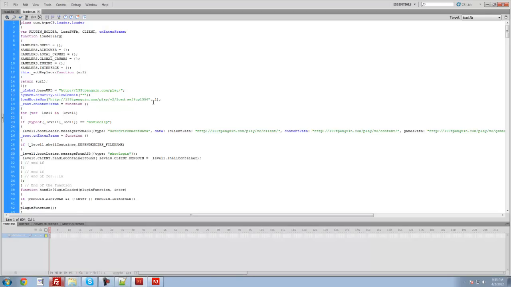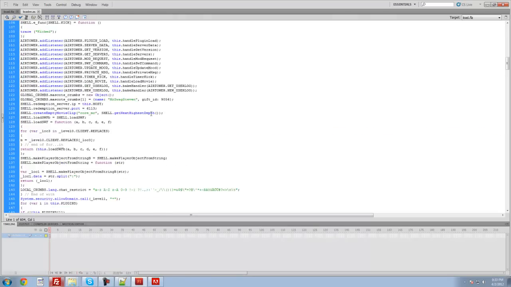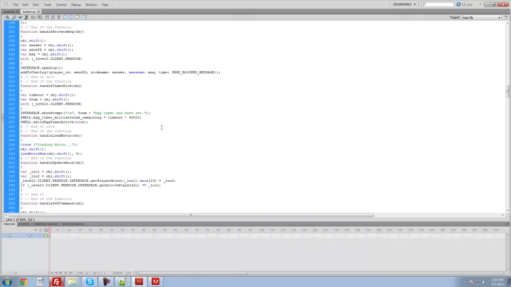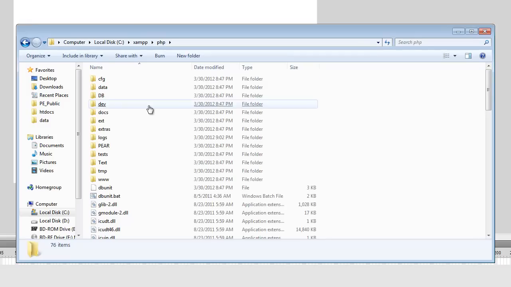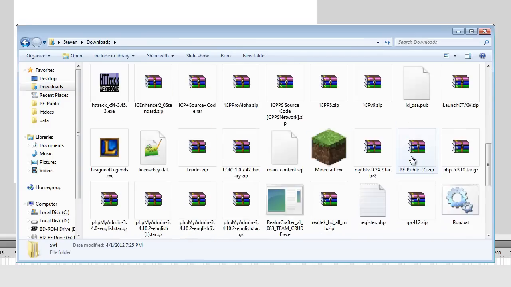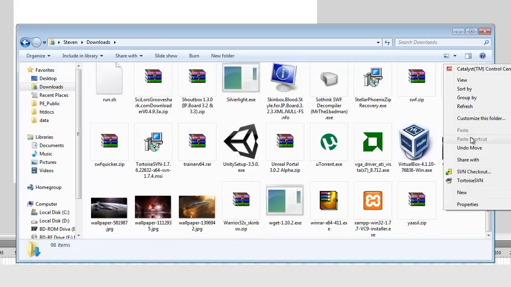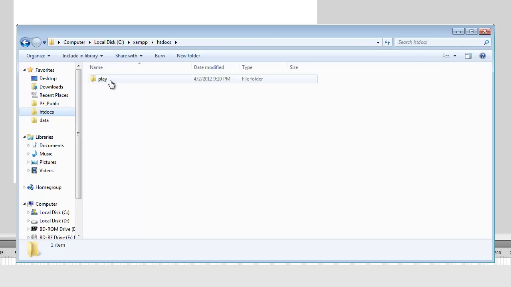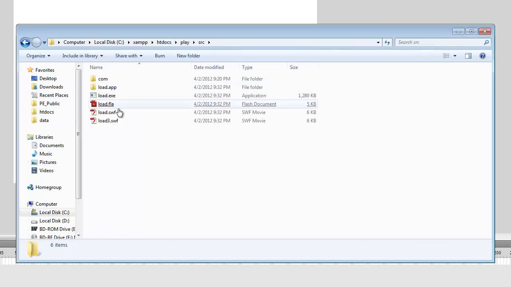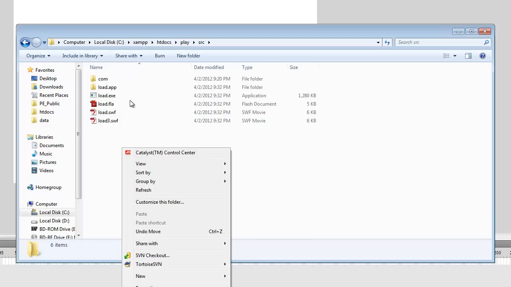Okay, I'm going to post this loader.as on Mediafire, so you can go ahead and download it. When you download this, you're going to go to where you downloaded it, probably in your downloads folder. You're going to right click on it, press copy, and then navigate to your htdocs, your play, your source. You're going to paste it in,